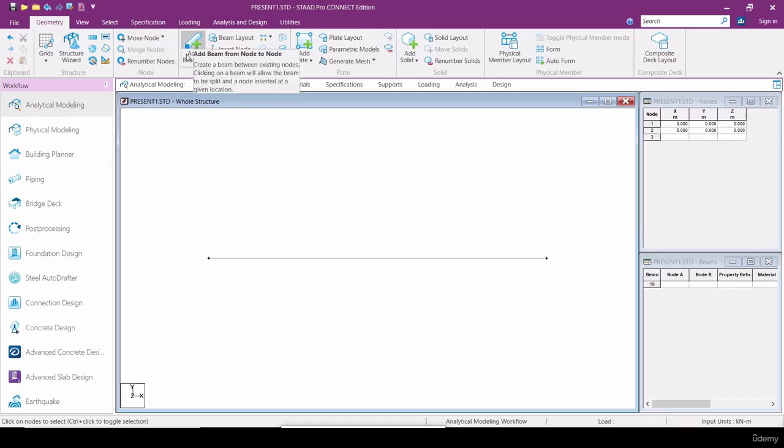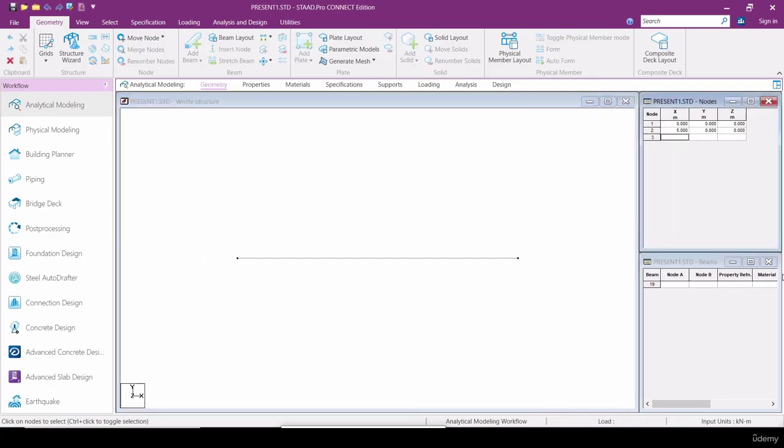You can add a beam by using the add beam command, or you can add a beam by the connect beam command. So like that you can create. Okay. And the other thing, if I have created a node, suppose